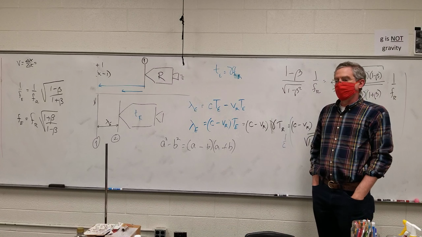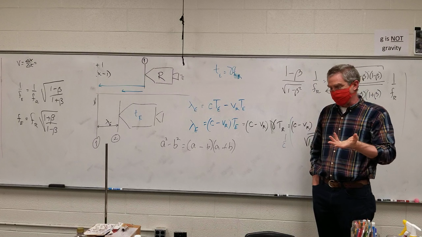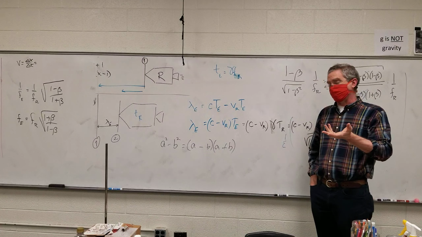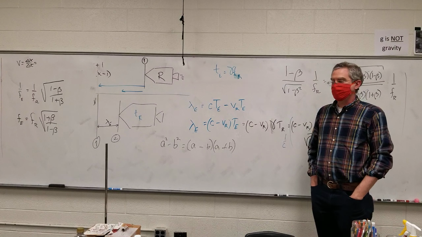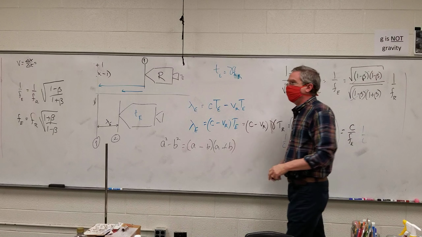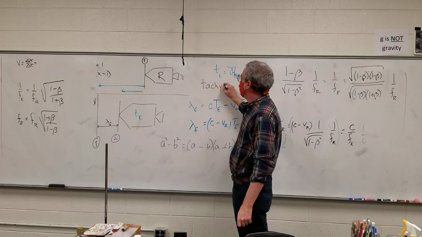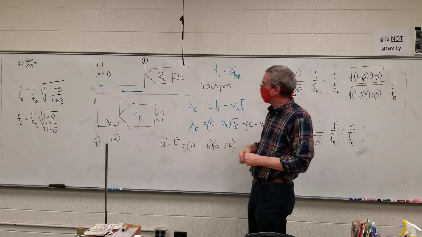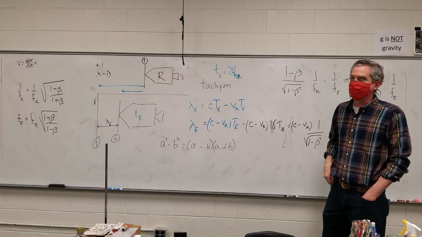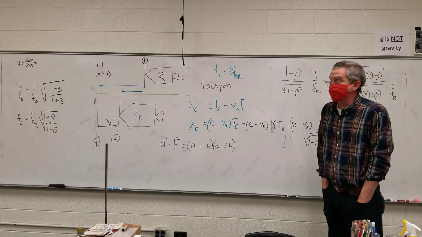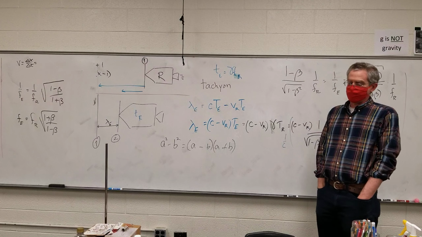Now, there is a theoretical particle that does travel faster than the speed of light. It just can never go slower than the speed of light. And that's the tachyon. I've only seen the word spelled out. I haven't actually seen it symbolized by a letter. It's theoretical. It's, again, the theorists going, well,